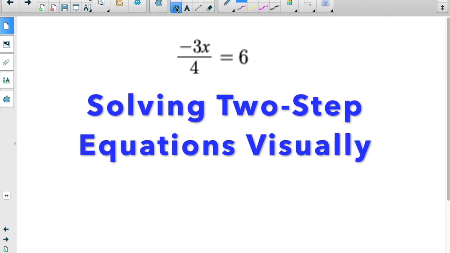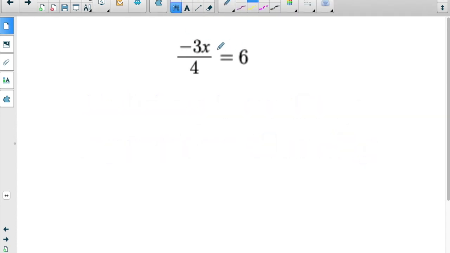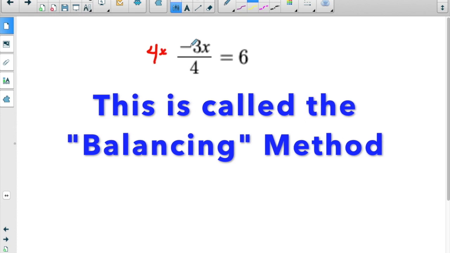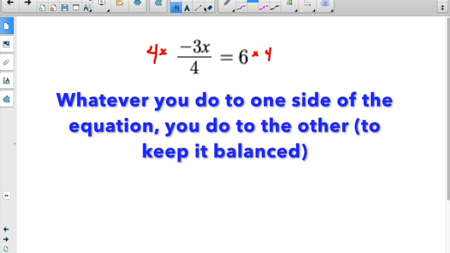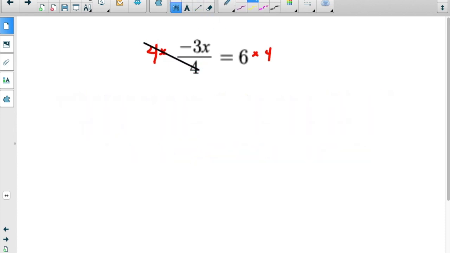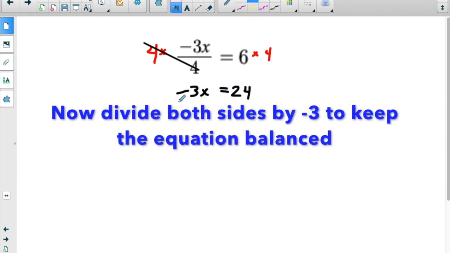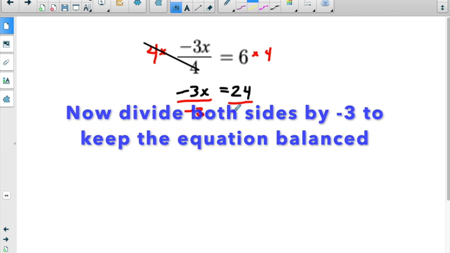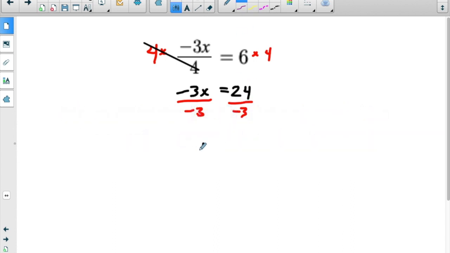All right, so in a traditional math course, you're probably taught to solve this two-step equation like this. Multiply both sides by 4, cancel out the 4's, carry everything else down, divide by -3, and get your final answer of -8. Oh yeah, cancel again. There's nothing wrong with this method other than that most students have no idea what